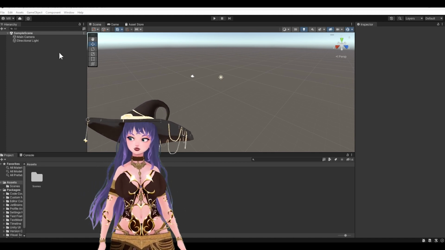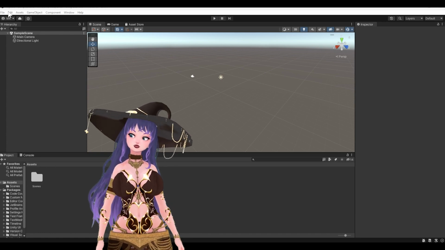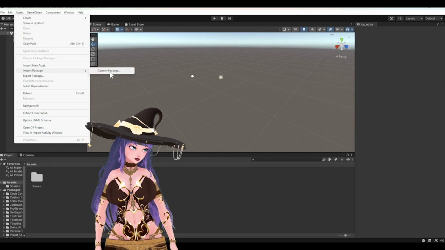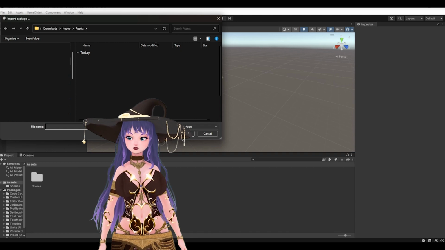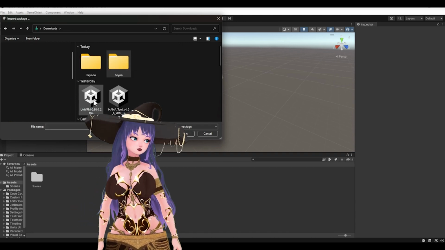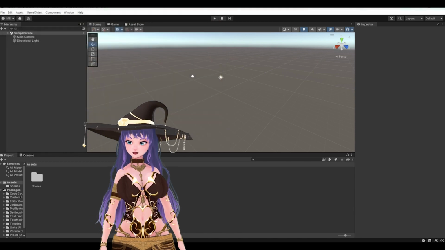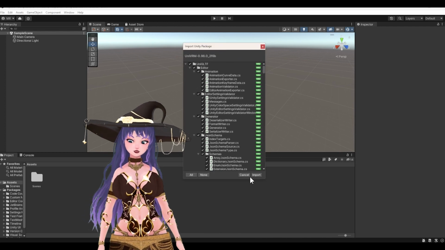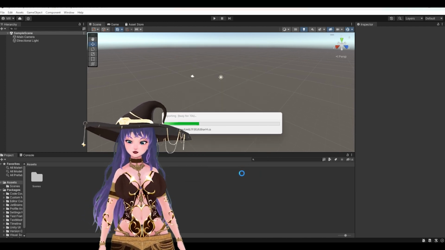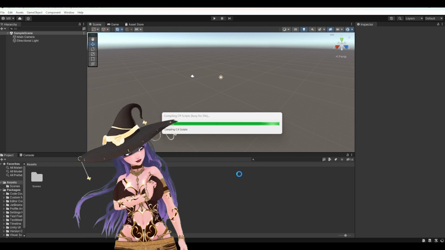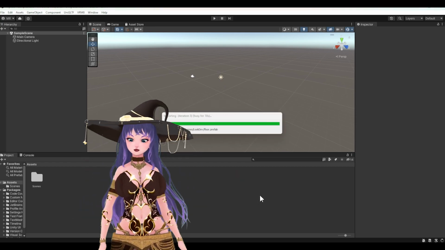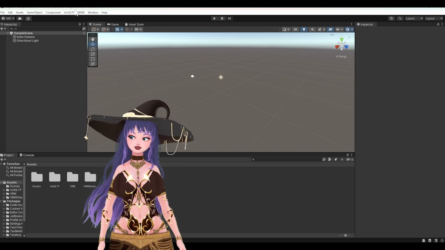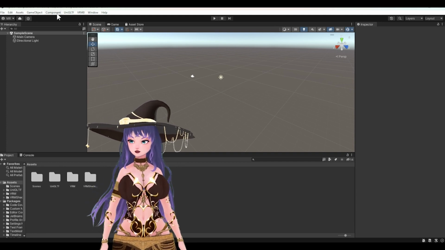beginning of the video. You're going to go into the top bar, into Assets, and then Import Package and Custom Package. You will now go to where you downloaded the package. We'll start with UniVRM. You now have this thing, just click Import again. Alright, we have now installed UniVRM, and we can see at the top here we have 2 new tabs, UniGLTF